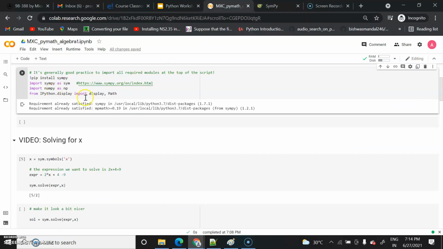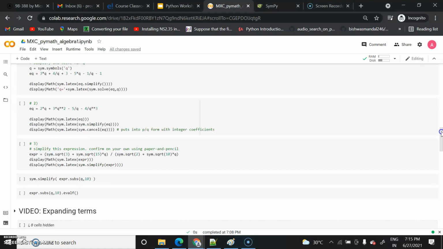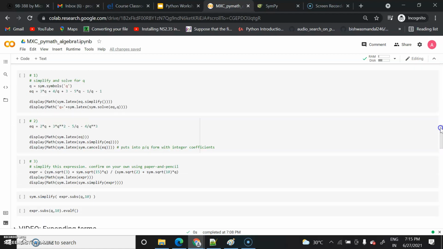And the NumPy library we need in order to create array matrices. So here I'm going to import this. You might get an error if you just simply import it. You need to install it. For installing it in Python, you need to use pip install sympy. This pip will install the library, and then you can use it freely. Freely means you can use it to derive any mathematical expression. I will show you how you can do these mathematical expressions and how you can solve them.